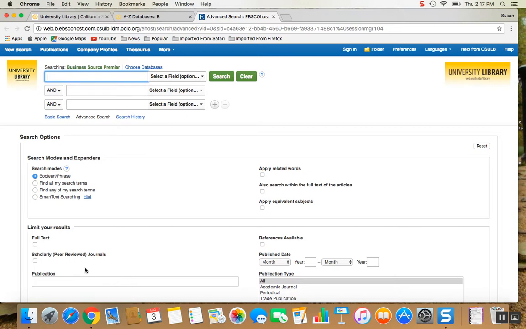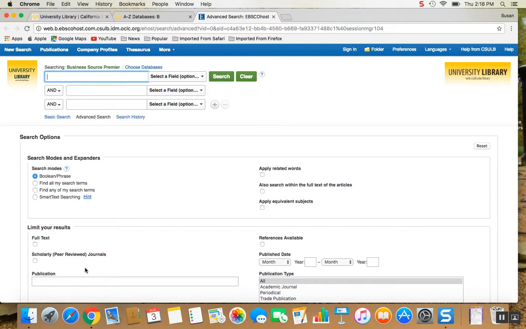When you're searching for articles on a business topic, you get popped into this advanced search in Business Source Premier. What you need to do is have a research statement in mind or a question that you want to answer. And you're going to start your search using some keywords. What you're really looking for when you're searching in these databases is to search by subject terms, because the most powerful way to search is by utilizing the subject terms the database uses. But we don't know what those subject terms are, so we start with keywords from our research statement or our